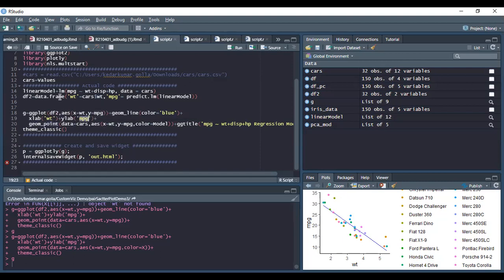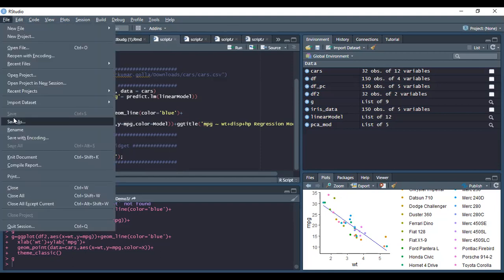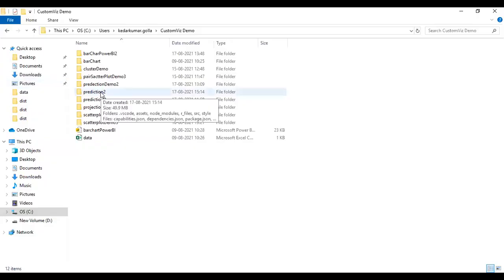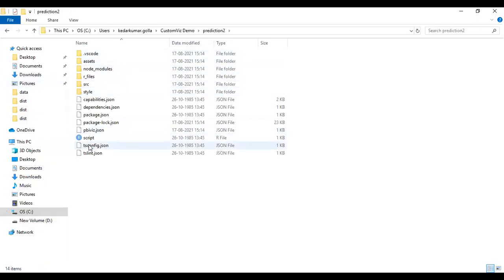So first I need to write this code, then I need to save it in place of the existing script. So this is the prediction 2 visual.